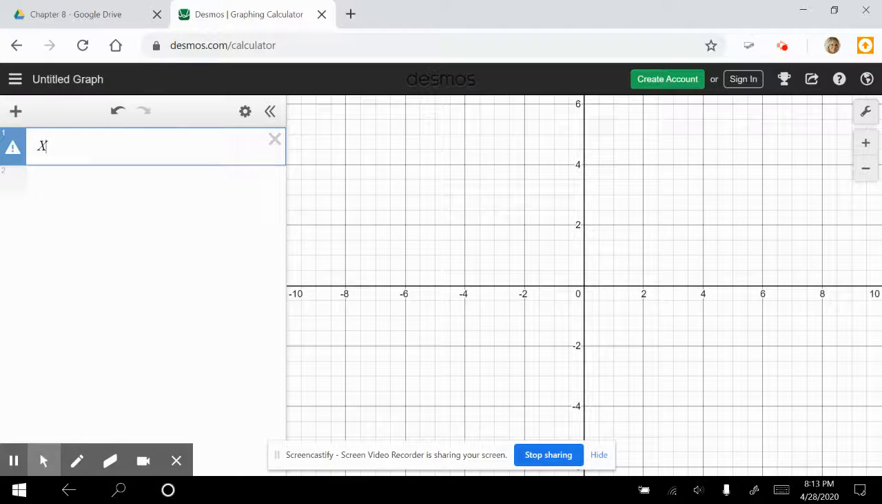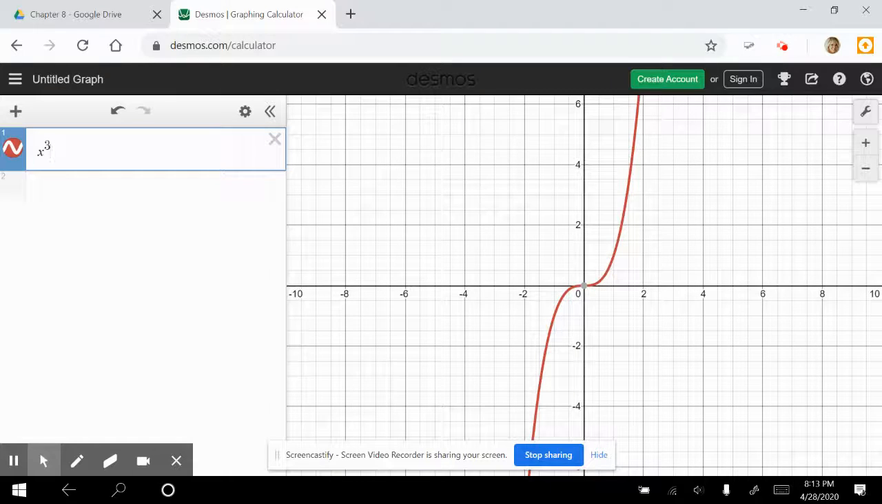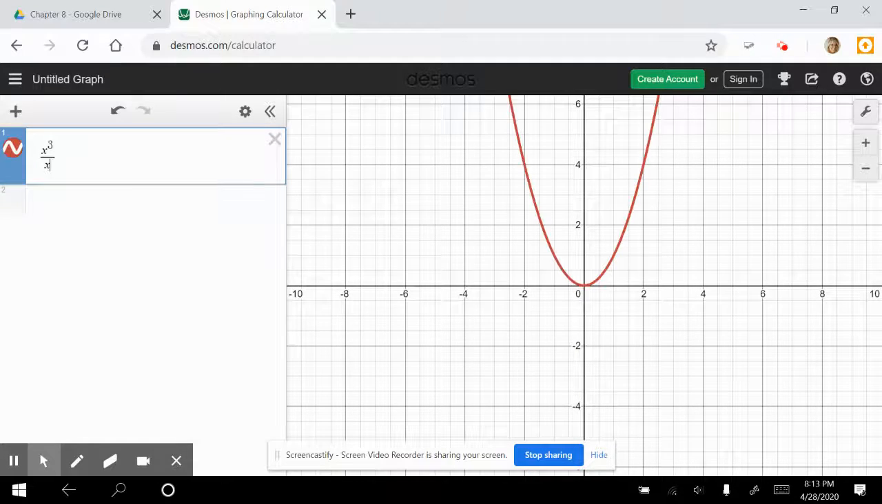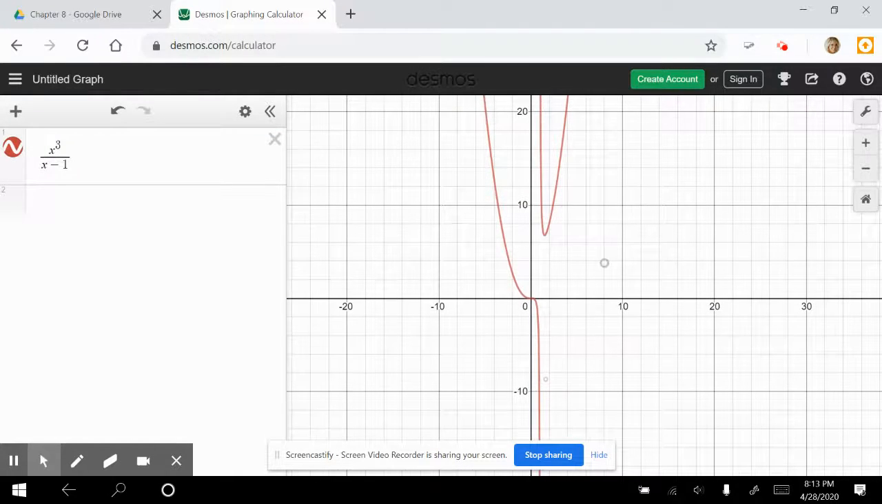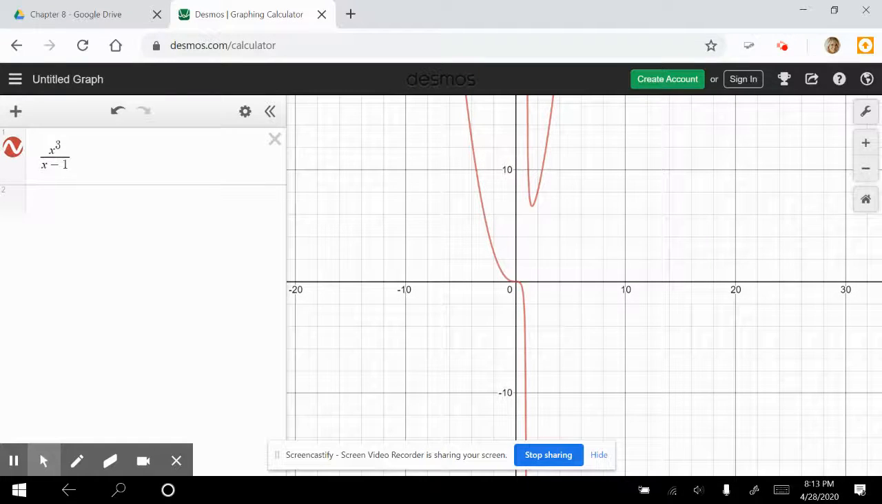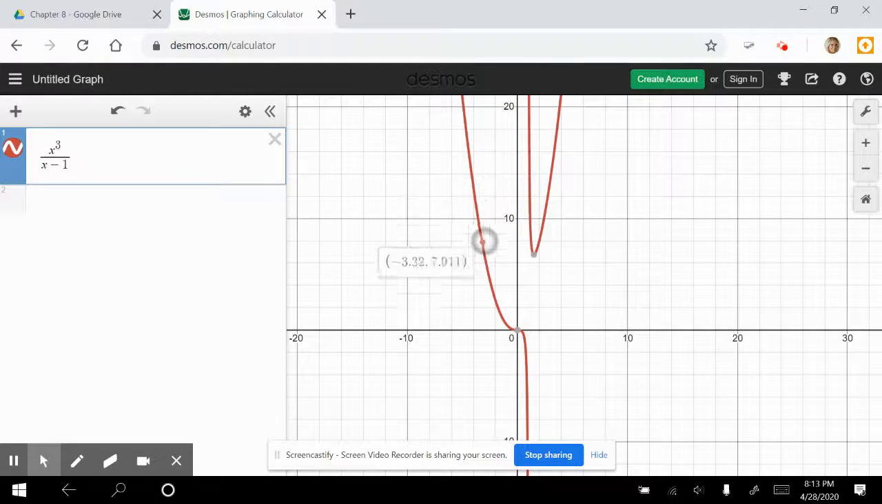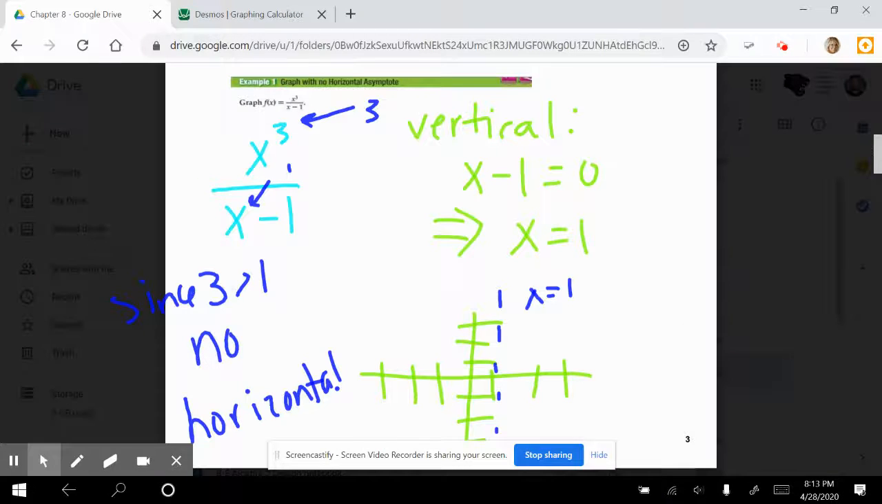See, x to the third divided by x minus 1. And so you'll notice, what does my graph look like? It's kind of interesting, but it does this curly thing as it goes down. It starts up here and comes down towards that 1, obviously, and then it comes down and then back up. So if we want to go back here,